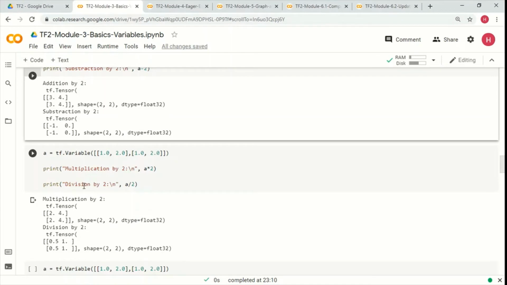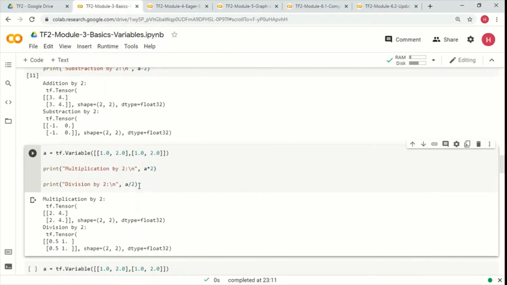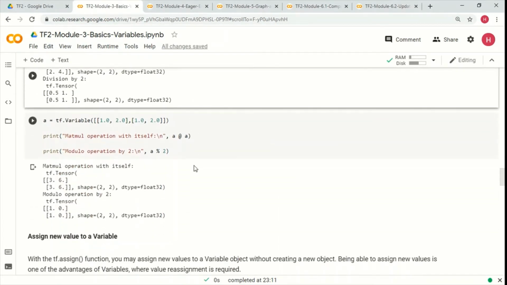Now we can do the multiplication and the division also similarly. So we can use a star and the forward slash sign, and the multiplication and division will be carried out. And then we can do the matrix multiplication with the at sign. So we can say A at A, and it will do the matrix multiplication here, and this is the modulo, right?